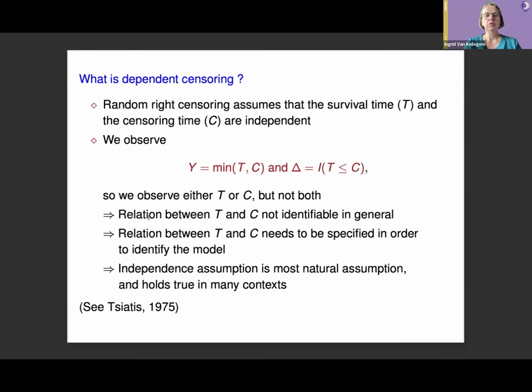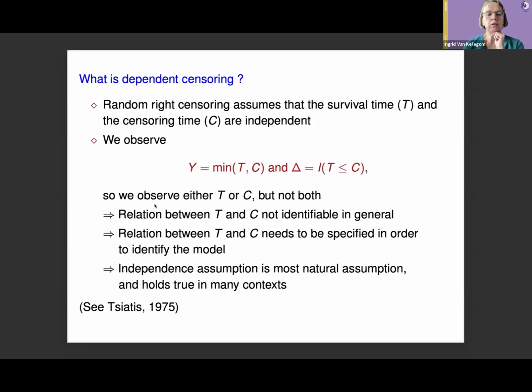So we are in the context of survival analysis, and we suppose that we have a survival time T and a censoring time C. And we have random right censoring. And so that means that instead of observing the T that we would like to observe, we observe in general the smallest of T and C, which is denoted by Y. And we also know what we observe, and that's given by delta, and delta is equal to 1 if we observe a T, and it's equal to 0 if we observe a C. Okay, so that's the context of random right censoring.